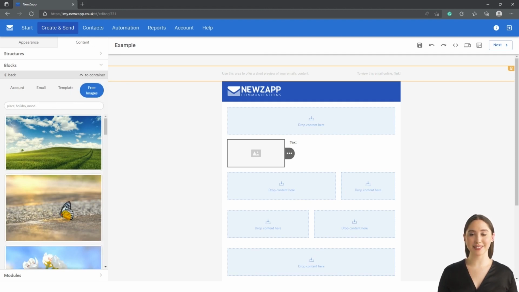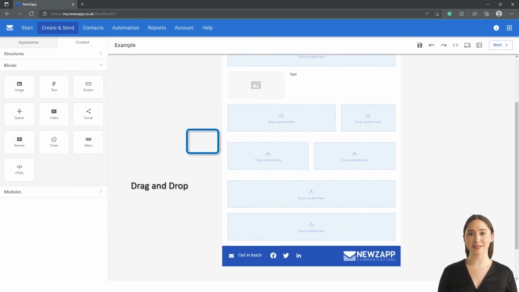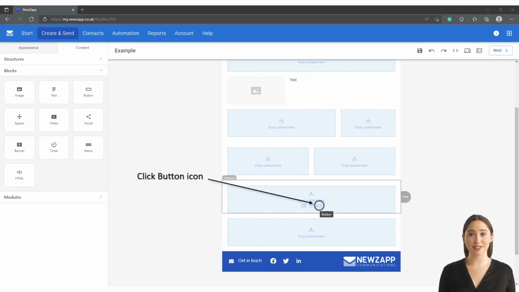The next block is the final block with 2 ways of adding. Similar to the text and image blocks, the button block can be added in one of 2 ways. Dragging and dropping a button block from the block settings panel over to your chosen structure. Or by hovering over the empty structure of the structure you wish to place it and selecting the right icon